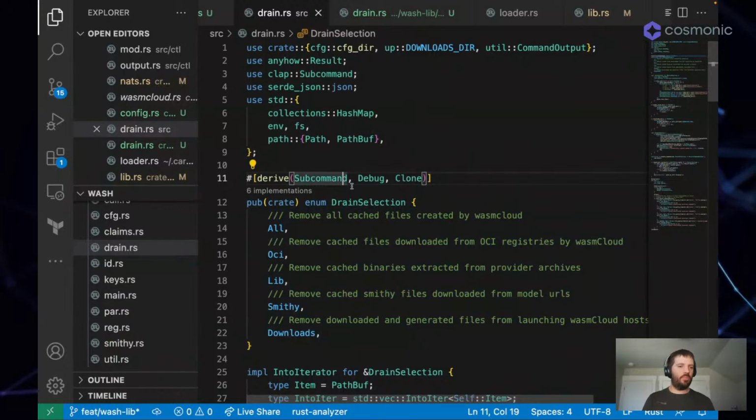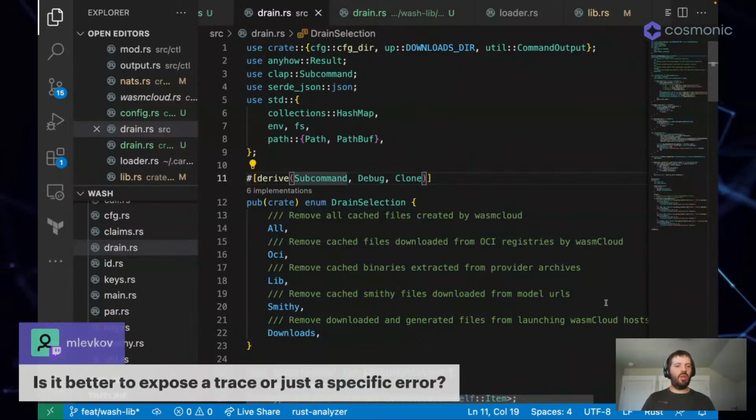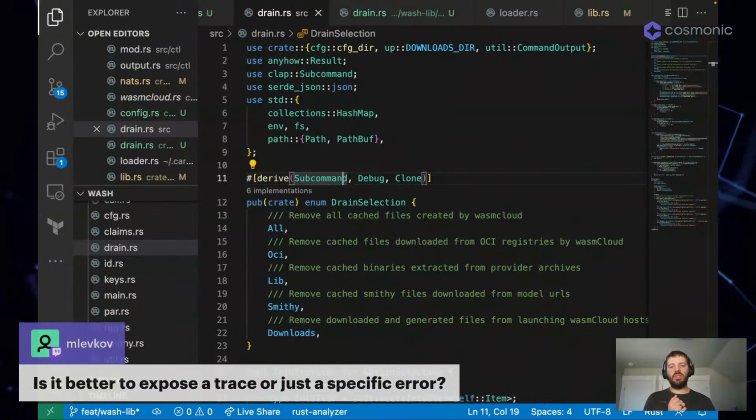Now, there's another question that popped up, about whether it's better to expose a trace or just a specific error. For me, it depends on what you can do with it. If it's something that a user can't do anything with, then I want them to be able to just see that something happened. Generally, tracing is done best in a consumer of a crate, and the crate can log and trace things, but we don't want to use that just as an error. Most of the time, we use